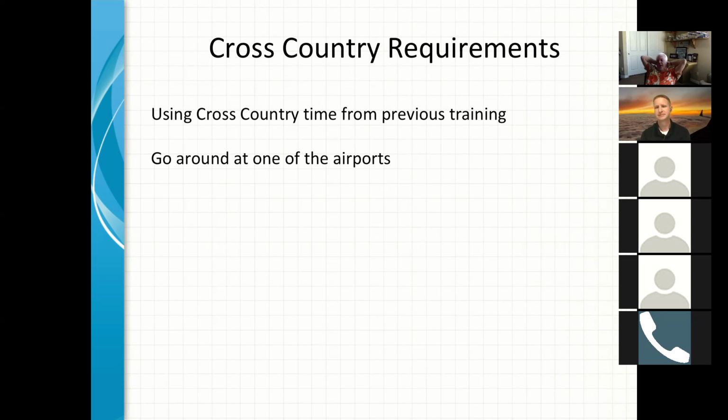Thanks for that, Jim. Normally it's not an issue with the 141 schools, because they pretty much have canned cross countries for their programs, through their TCOs. So it tends to be more prevalent among the freelance individuals. Maybe they did a cross country a certain way and it got past the powers that be and they thought that was okay. So we have to be careful of that.